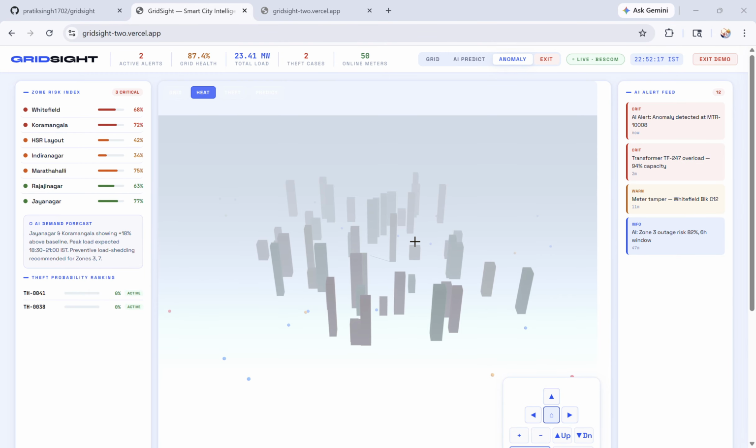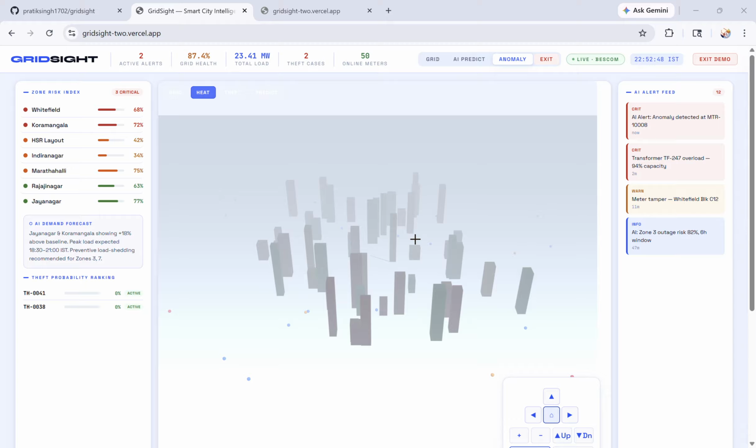Overall, it was a nice experience building it. I got to understand how grid side operators work, how theft and anomalies are very common in it, and how smart meters work. Overall, I believe our architecture enables simple anomaly detection as well as a completely AI-driven operational intelligence layer. And I believe our model would work best with the BESCOM operators, and it would be helpful to them